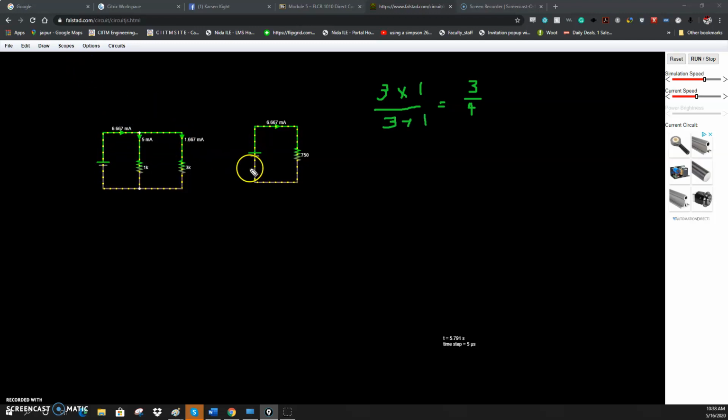So this is why we solve circuits down, and this is how we can also know that the sum of the current through this branch and the sum of the current through this branch equals total current, which is right here. So it gets to this point right here, and it goes, hey, part of us are going to take that path, and part of us are going to take this path. And so I wanted to show you that,